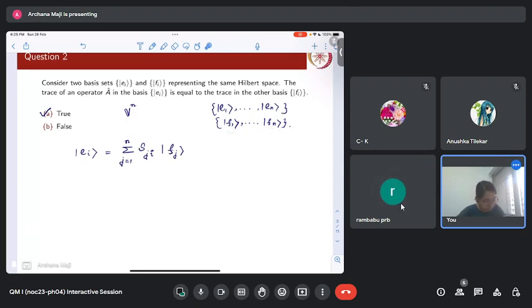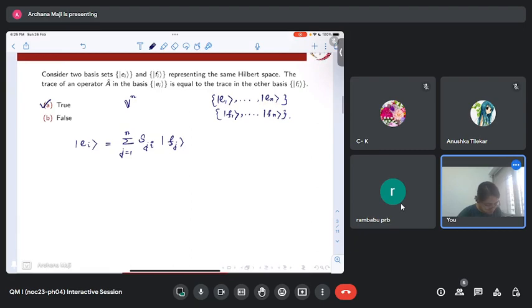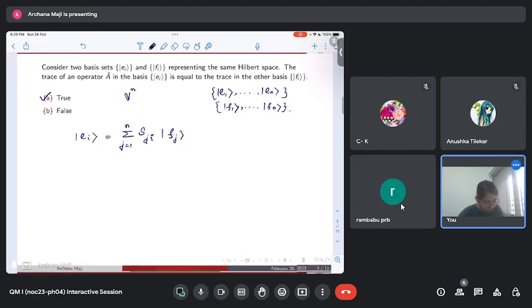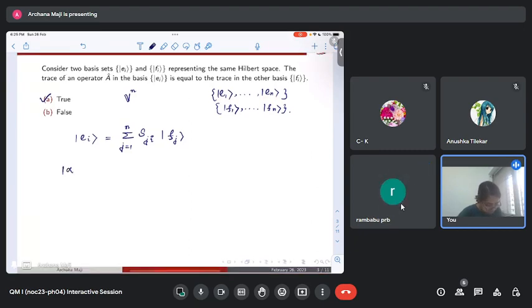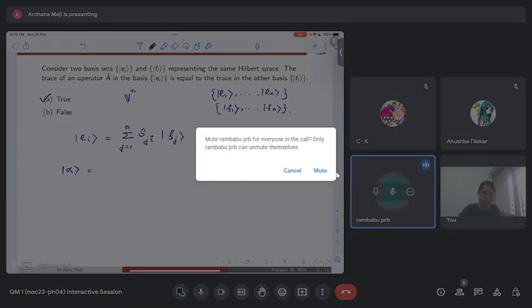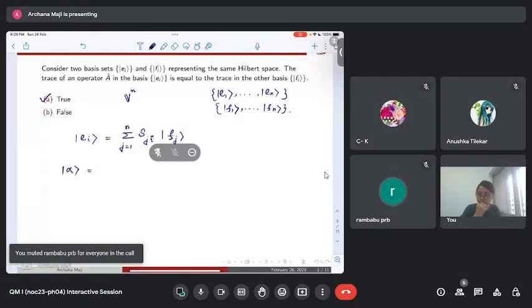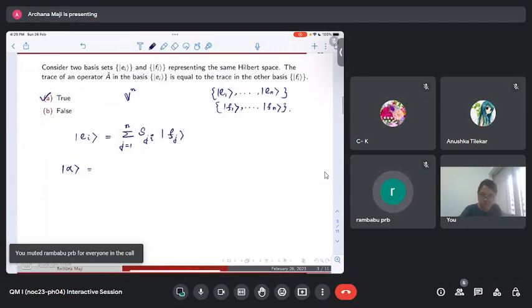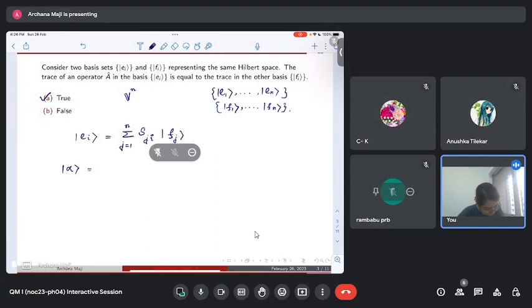So these basis states can be written in terms of linear superposition of these. That is what I meant here. Okay. Now any other state can be written as,